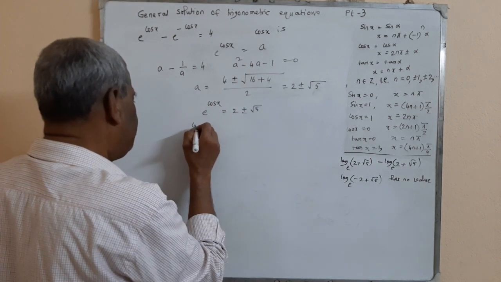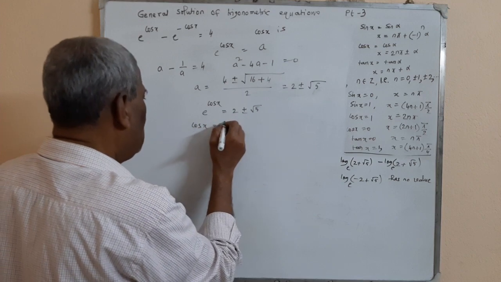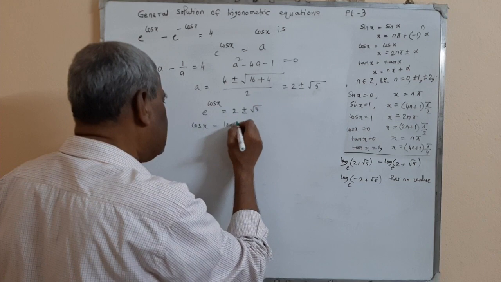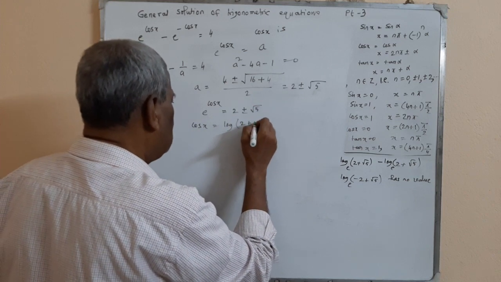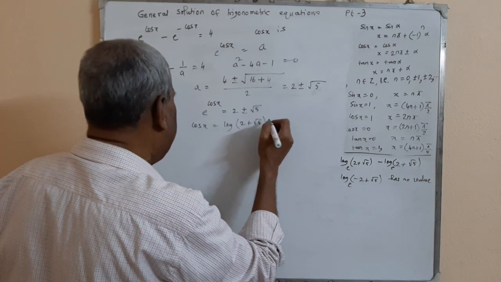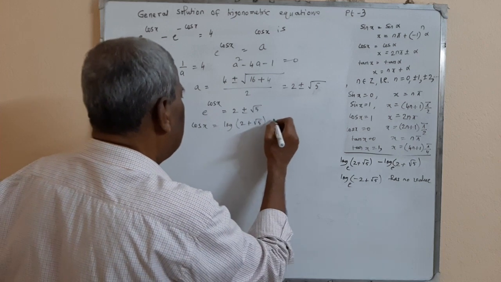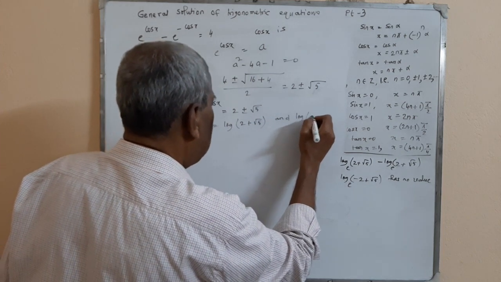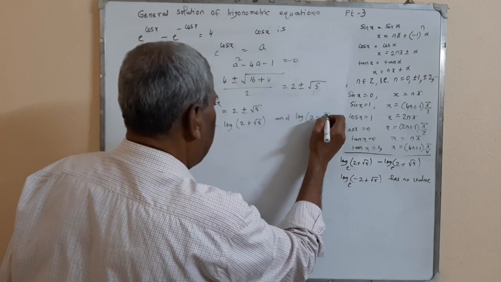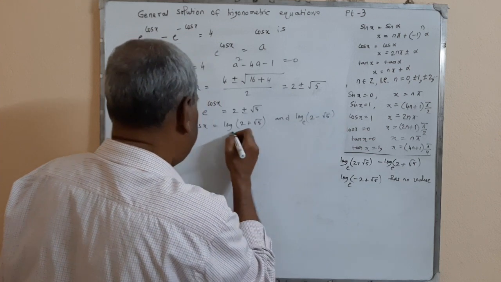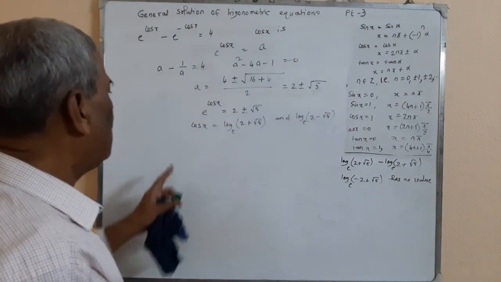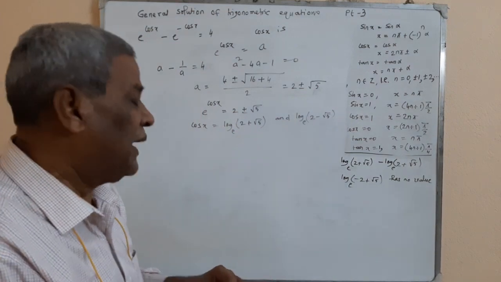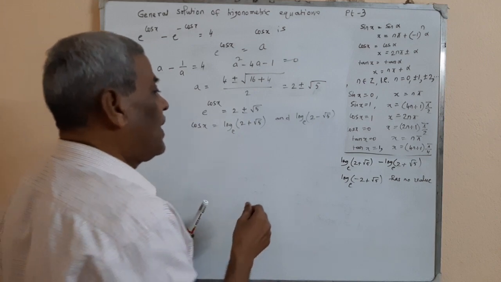So cos x is equal to log of 2 plus root 5, corresponding to the plus sign, and log of 2 minus root 5, all base e. So the value of cos x is either this or that or both, but you see